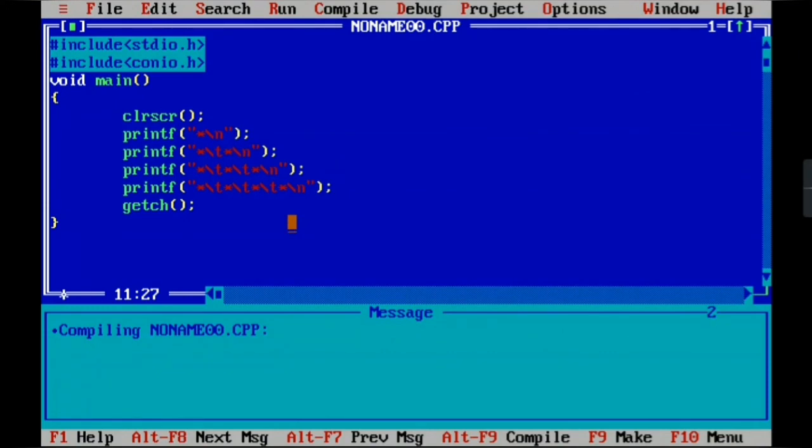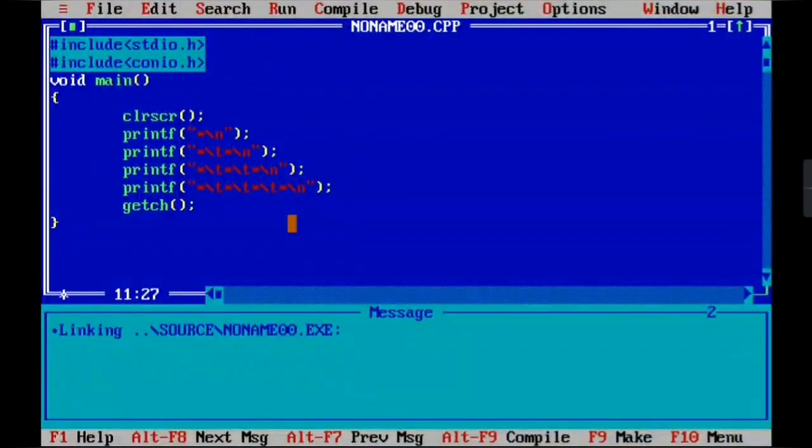So Ctrl and F9. See, as we have structured the program of stars, this was the star and we have given \n, it goes to the next line, then we have given star and then tab, then again to the next line, then star star star, then again to the next line. This was the simple program that we have made in this introduction. And we can make all different types of programs. We can make a cycle that's running on a path, but it's a little bit tough level, so we will start from this basic level and we will go to that level. So that's all for today.